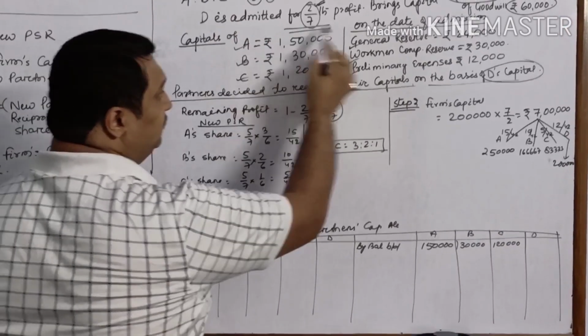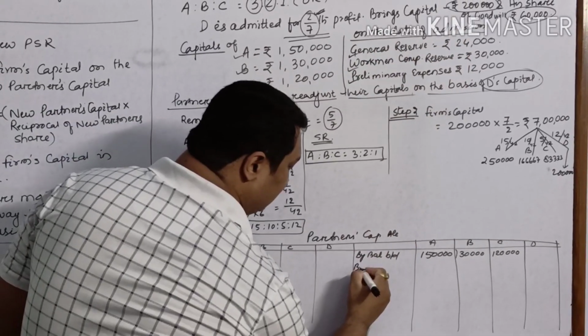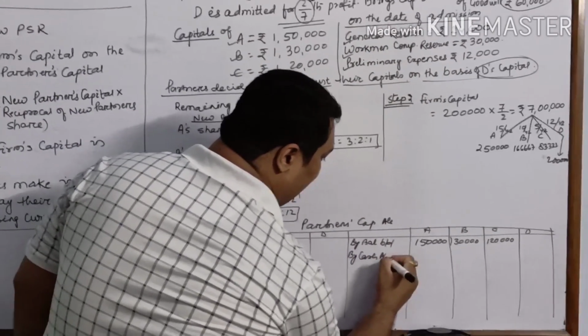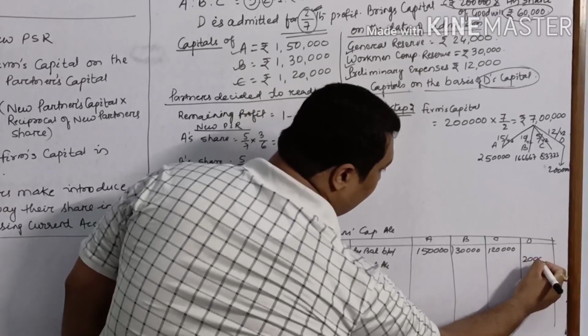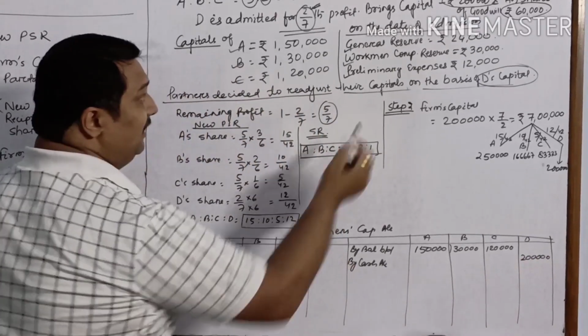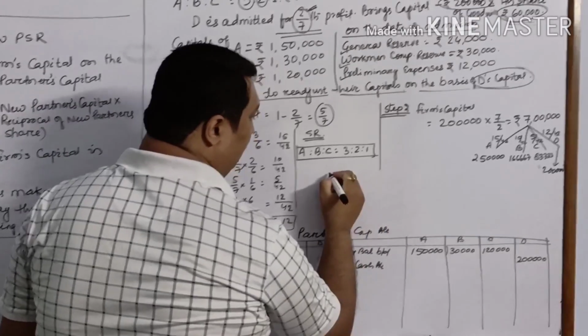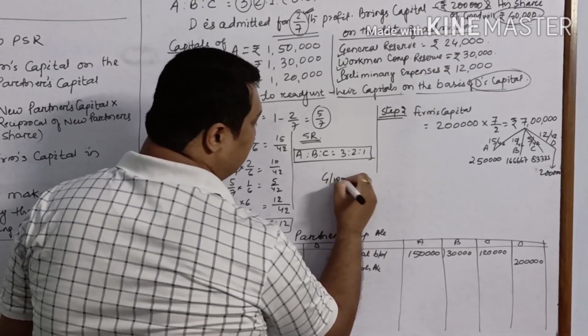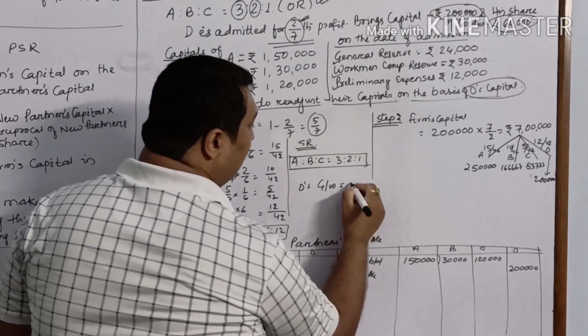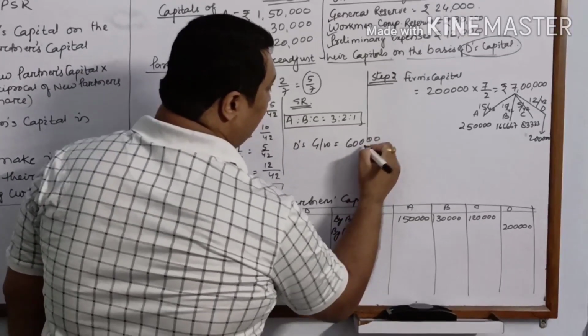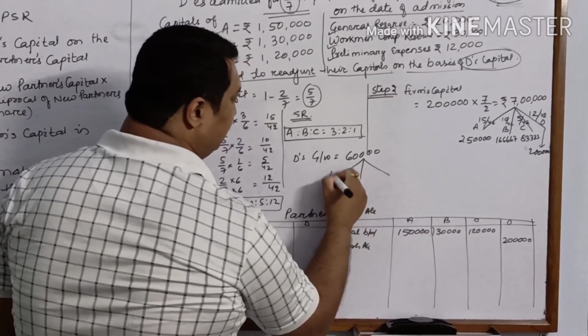Now D comes, he brings rupees 2 lakh as his capital. So by cash account, here we will write 2 lakhs. Then he also brings rupees 60,000 as his share of goodwill. So that goodwill which he has brought, D's goodwill, which is rupees 60,000, will be distributed in the sacrificing ratio